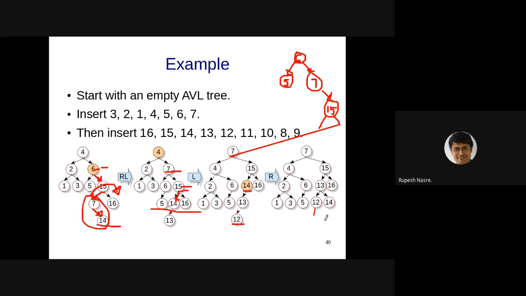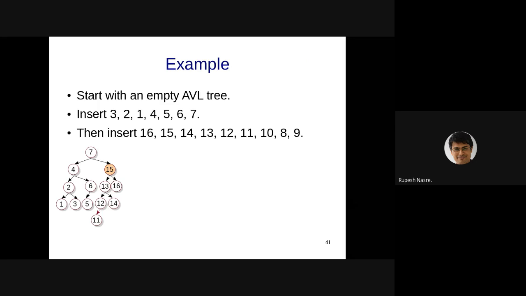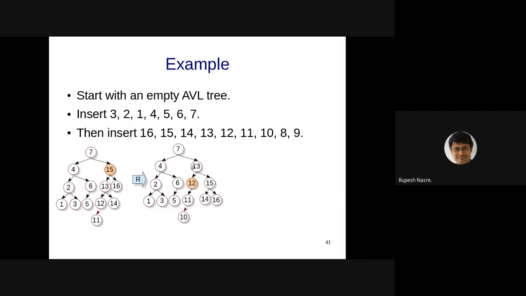Okay, it is going to add imbalance. So when we add 11 here, that is going to add imbalance at 15, and therefore we will have to do an R rotation, which is a single rotation, and that will solve the case. So 7's right child is going to become 13, right? So that's what I think. So 15 becomes the problem, and then 7's right child becomes 13, and the rest of it remains.